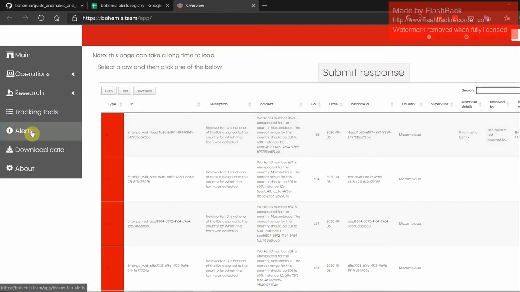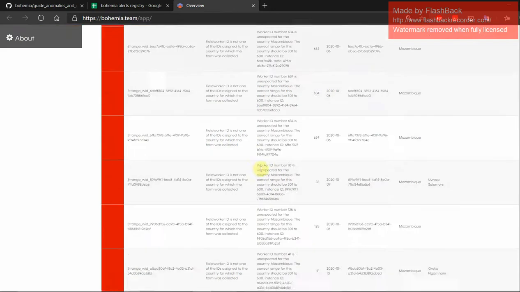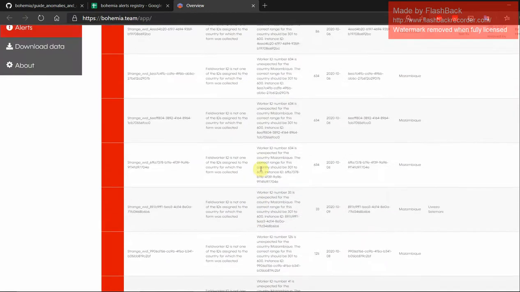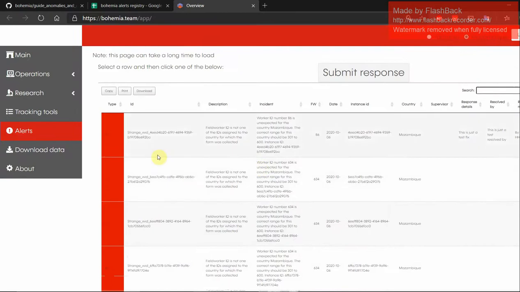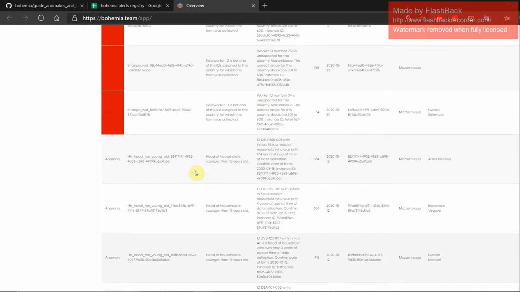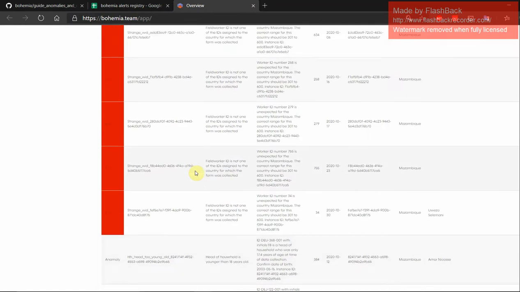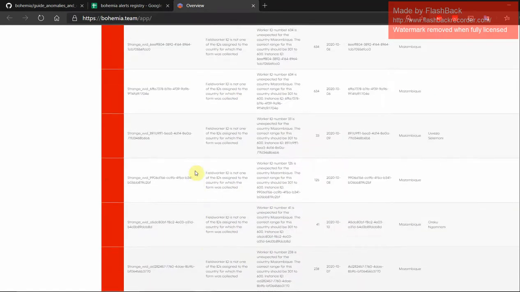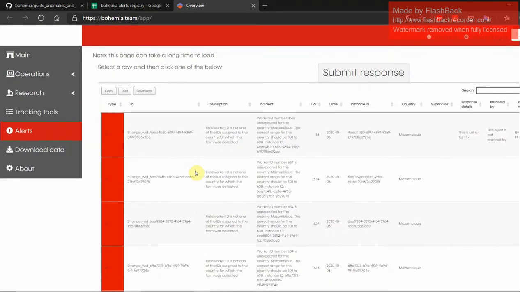Once you log in, the alerts tab is where we list them. There are two types of alerts that you will see: errors marked in red, and anomalies. An anomaly is something that could potentially be a problem, but it might not be. An error, on the other hand, is something that is definitely a problem and requires an update to be fixed